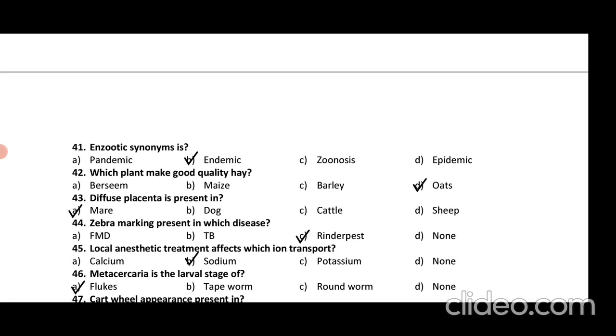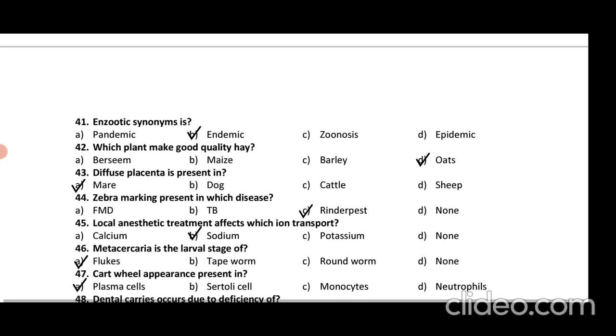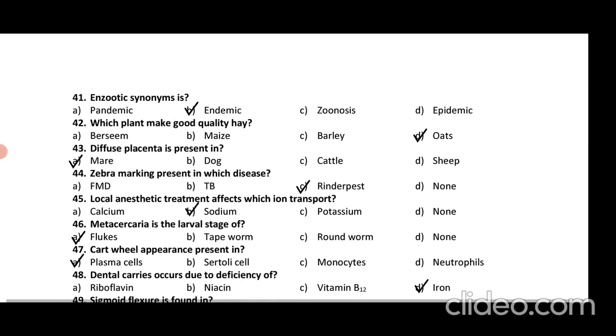Metacercaria is the larval stage of flukes. Cartwheel appearance is present in plasma cells. Dental caries occurs due to deficiency of iron. Iron is responsible for dental caries, and iron is also involved in erythropoiesis, as the